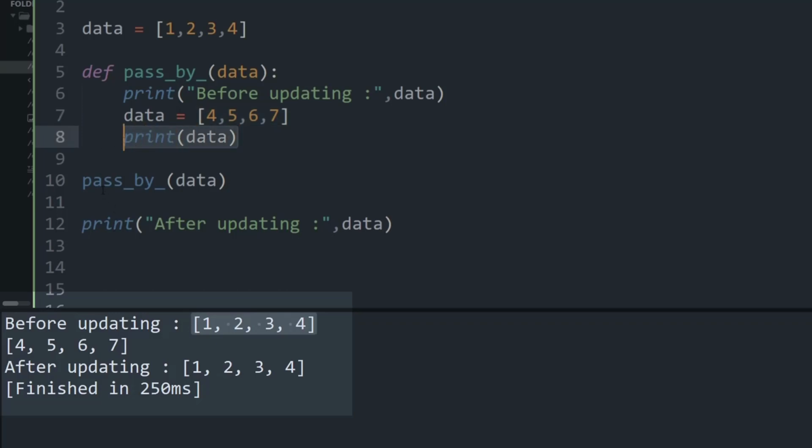And then we're obviously calling the function, and after the execution and calling of the function, we print a new statement saying after updating. So what we did is we updated the data to 4, 5, 6, 7, but you can see in the print statement the data is still 1, 2, 3, 4, because the data passed here is passed in the form